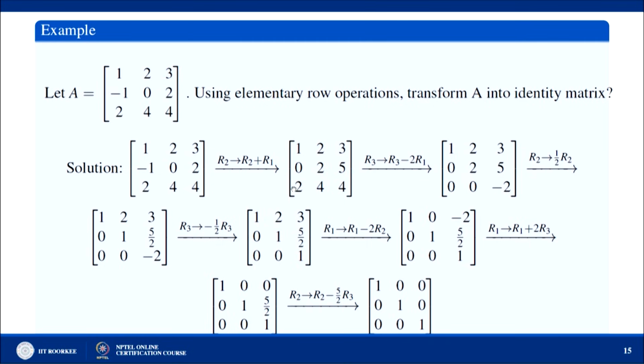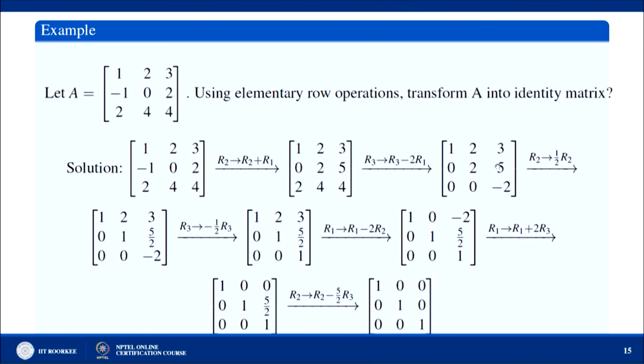Now, the next is we have to make 0 here, because we want to make identity here. Okay. Now, to make 0 here, we have to take the third row and subtract 2 times the first row. I mean, we have to replace the third row by R3 minus 2 times R1, then it will become 0. 2 minus 2 times 1 becomes 0. So, this minus 2 times this is 0, this minus 2 times this becomes 0, this minus 2 times this becomes minus 2. Now we have to make 1 here to make identity.